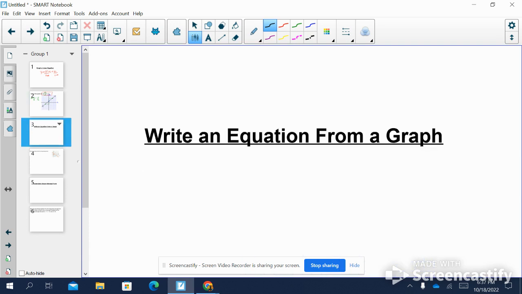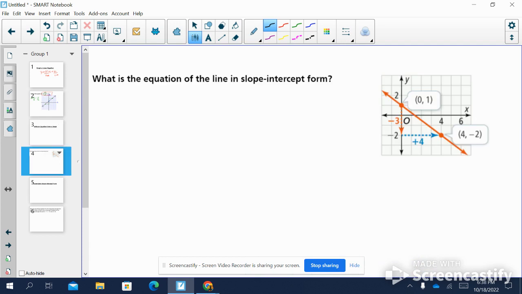The second thing I want to look at is writing an equation from a graph. So as I'm looking at this graph, I want to first identify the slope. In order to do that, I need to figure out 2 points. We have a point over here, (0, 1), and a point over here, (4, -2). In order to find my slope, I have to do the